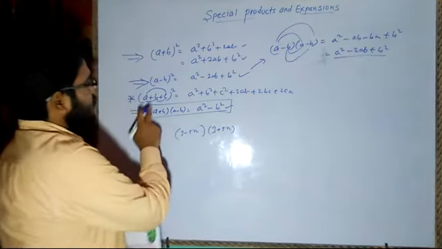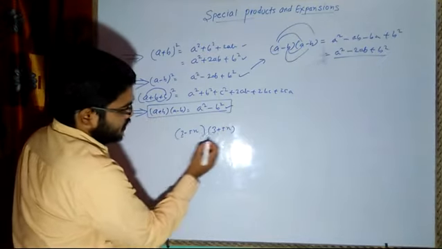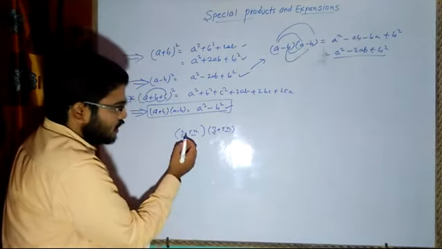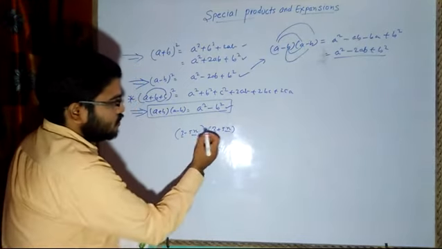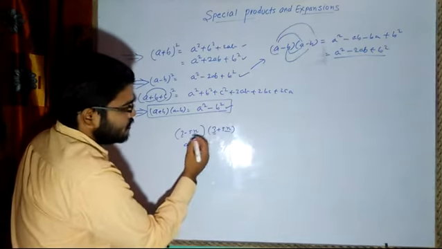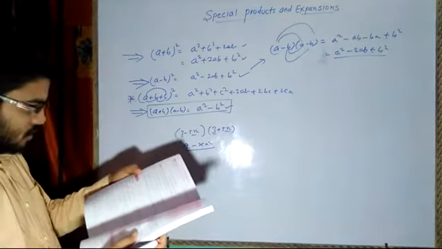So if you know (a + b)(a − b), see here, the first term is the same, the second term is also the same, the only difference is of plus and minus. So you know (a + b)(a − b) is 3 threes are 9, and then plus into minus, minus 25x². So in this way you are going to simplify all these sums.